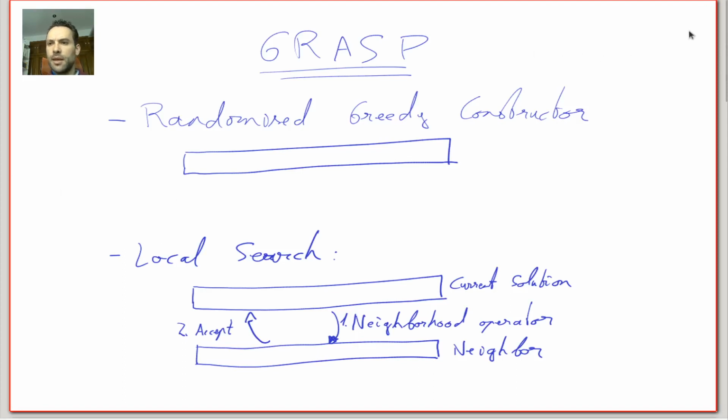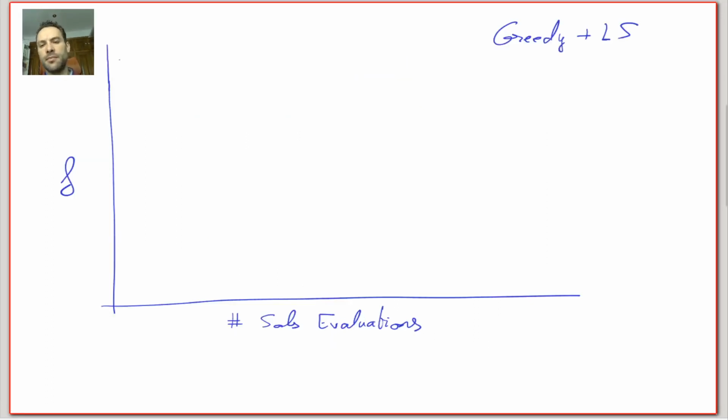So welcome. In this new video, I'm going to describe the procedure GRASP, which comes from Greedy Randomized Adaptive Search Procedures. This is a variant of an algorithm that applies the greedy constructor and afterwards the local search operator. But as I commented in the previous video, the problem of greedy and local search is that the greedy constructor